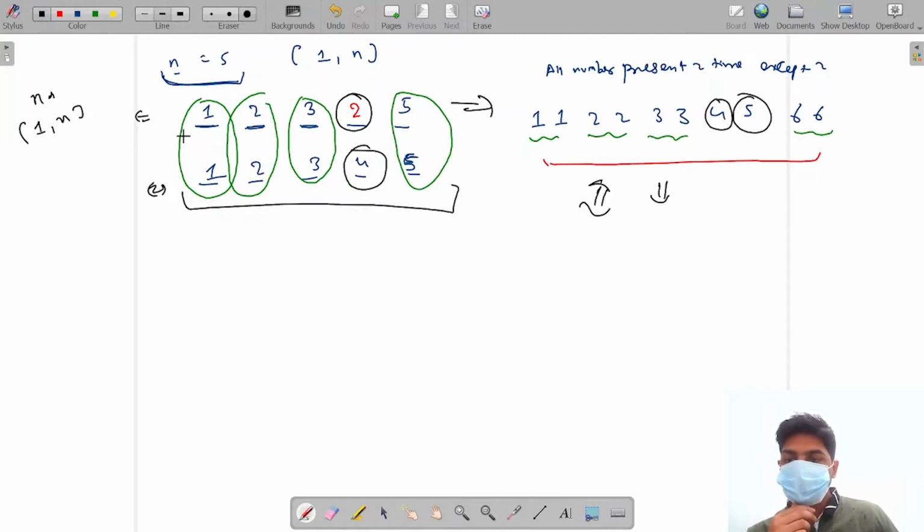Okay, after that we know that earlier one of the numbers was missing and one number was present multiple times. So due to that, we got a pair of all the numbers except two numbers. And what are those two numbers? Amongst those two numbers, one is the missing number, and one is the number which is present multiple times. Okay, so this was the idea which we are going to use in this particular problem.